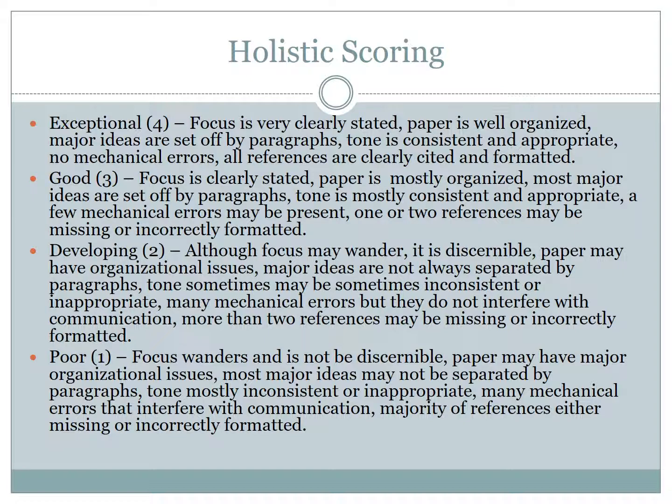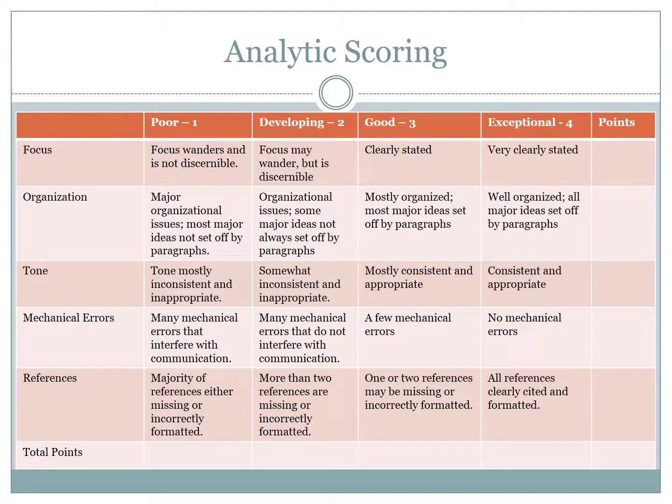So what some teachers do is they'll actually highlight both the 2 and the 3 and say 2.5. Others will choose a category based on the majority of the criteria. So maybe the focus is clearly stated, but there's some problems with organization, and major ideas are not always separated by paragraphs, but it's pretty good on the mechanical errors or references. So then it would be your call as to whether to put it in a 2 or a 3. This is holistic scoring. Now let's take a look at the same kind of criteria, but now we've organized it